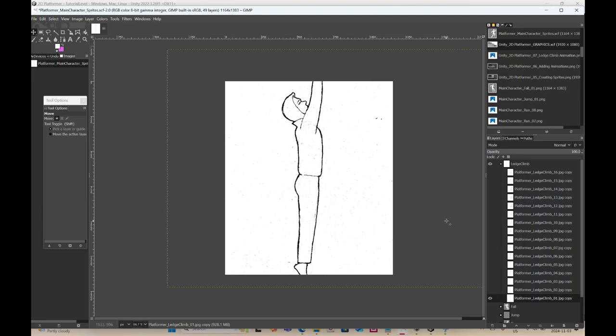The only problem I have now is my drawing, actually a few of them, the first few of them, they're being cut off. So what I need to do is I need to